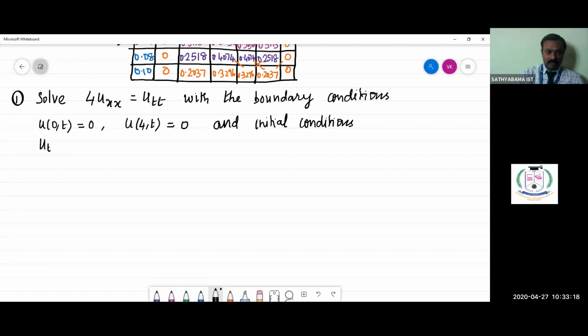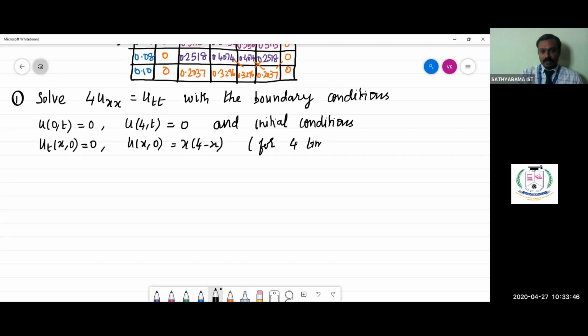u_t(x, 0) = 0, that is, the initial velocity is 0 and the initial displacement is given by x(4 - x). You would have done such problems analytically in Fourier series applications. For 4 time steps, that is up to t = 4, we need to compute. So from the given question,